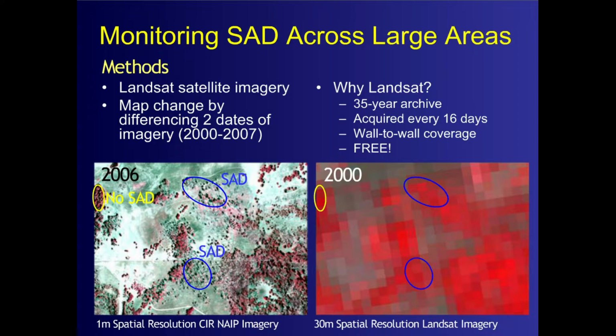Nevertheless, there are still patterns there that can be detected. And again, the Landsat is displayed in color infrared, so the reds are indicative of healthy green vegetation. And I've circled a number of sites. The blue circles are areas where the aspen has died. And there's one little site over here that I've circled where presumably there's been no change in the aspen in